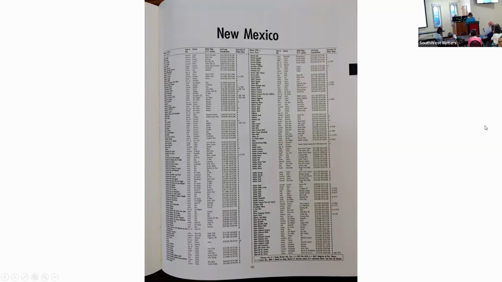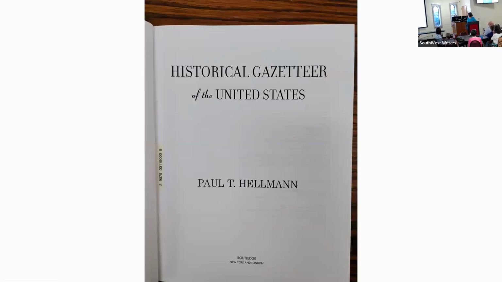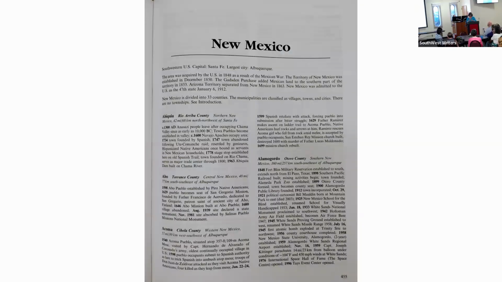Some of my favorite, however, are gazetteers by topic, and one of them I selected is an historical gazetteer. Go to the next page. So this gives a lot more information than the previous one. You can see that it gives you some really nice, quick historical information about the place. So if you just need that chronological data, what year did this happen? You can get it here very quickly, and you're getting some other information. And of course, there's some little information at the top about New Mexico.